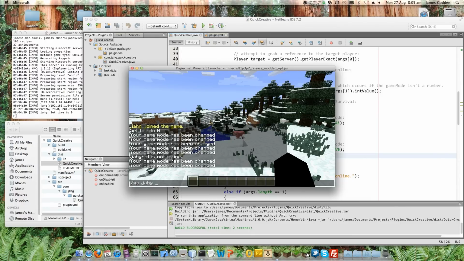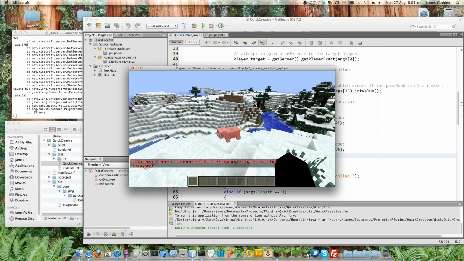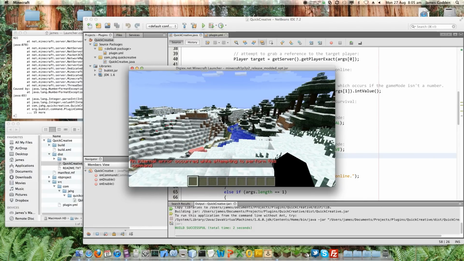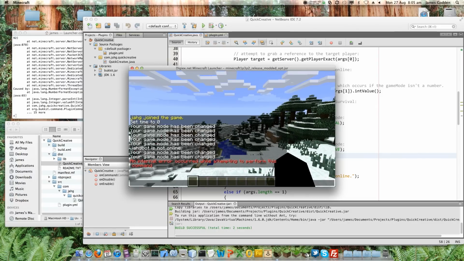And then we realized, well, there's a slight issue here, which is if I type something that's not a number, then what's going to happen to that? So if I put Bob there as the second parameter, boof, and it says nope, does not work. An error occurred. Poor little piggy knows there's an error. Oh gosh, long reach on creative. Whoops, sorry piggy. Anyway, so that's where we'd got to.